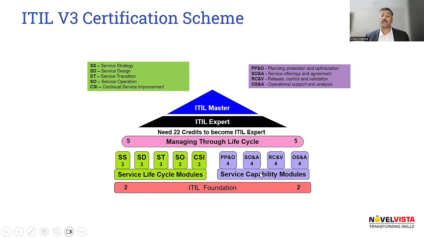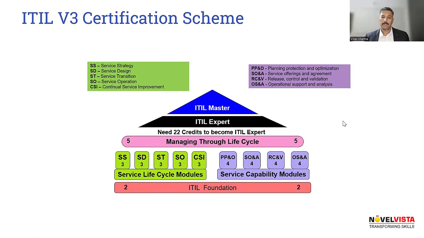Now, in case if they're going through the capability module, so they used to score 4 credit points for each one of them. And those 4 credit points for each means for 4, it's 16. 16 plus 2 from the foundation, that's 18, plus 5 from the MALC, Managing Across Lifecycle. And that makes it 23. So in all, if you have 22 credit points or 23 credit points, you become ITIL expert. And that was ITIL version 3. Now, keeping this in mind, I will show you later how you transition from 4 or from version 3 to